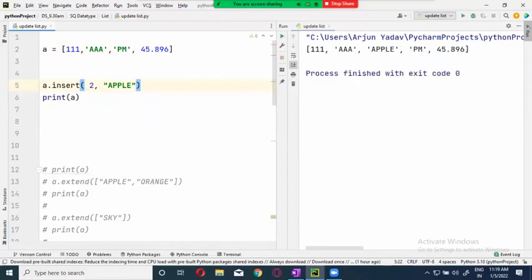Okay. Apple came down in the middle. Okay. This will be taking the insert. Okay. Now suppose